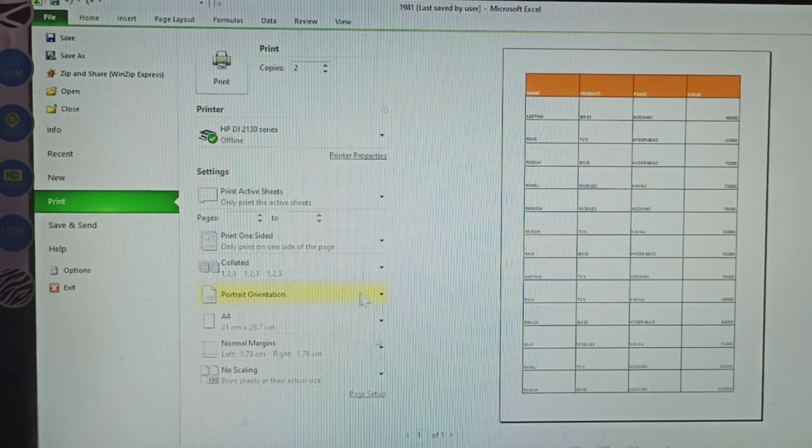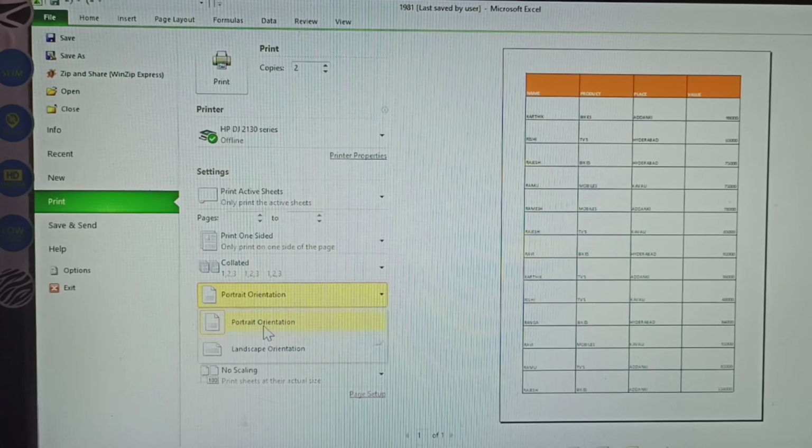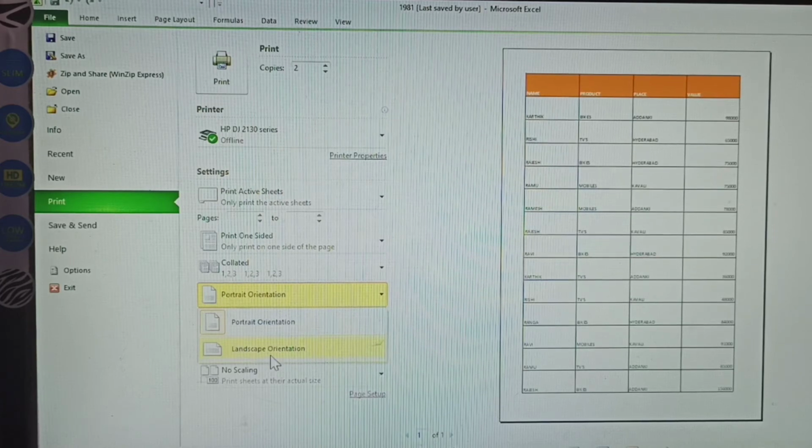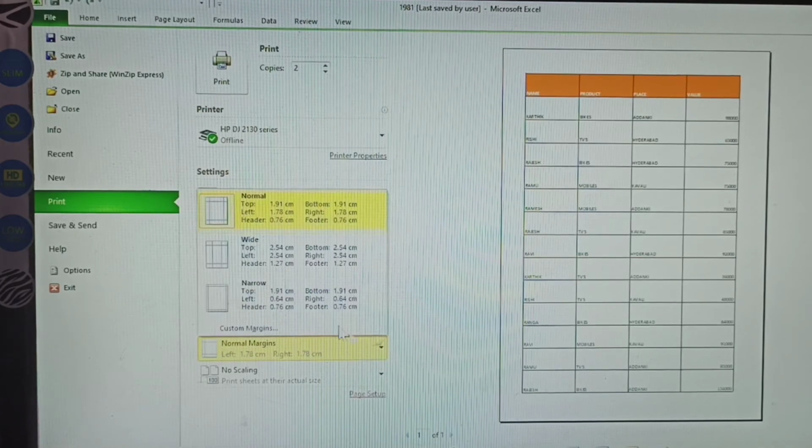Next one, this is legal size. Here you select landscape, otherwise portrait orientation. If width-wise is heavy, click landscape. Next one, margins: select any margin here, normal, wide or narrow.